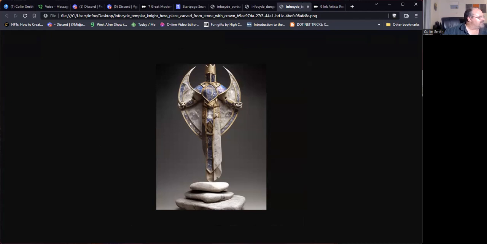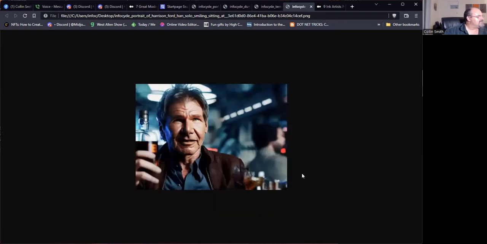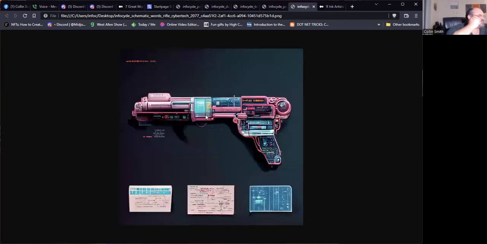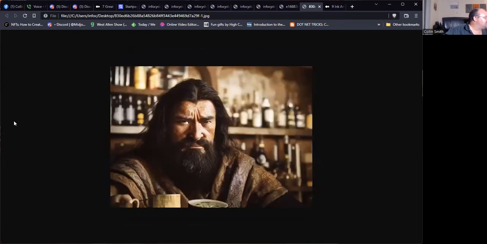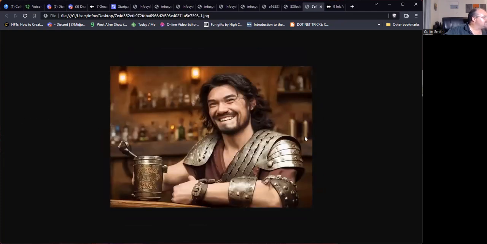Check out this for hyperrealism. I wanted this to be Han Solo at a Mos Eisley, but it ended up like this. But still, that's really hard to tell. That isn't a photograph. I was also checking out some fake schematics for role-playing game stuff. Here's a bar thing you could use for some kind of advertising or something. Yeah, Orc Warrior. I'll just go through. Got another guy in a bar. I was hung up on guys in a bar today.